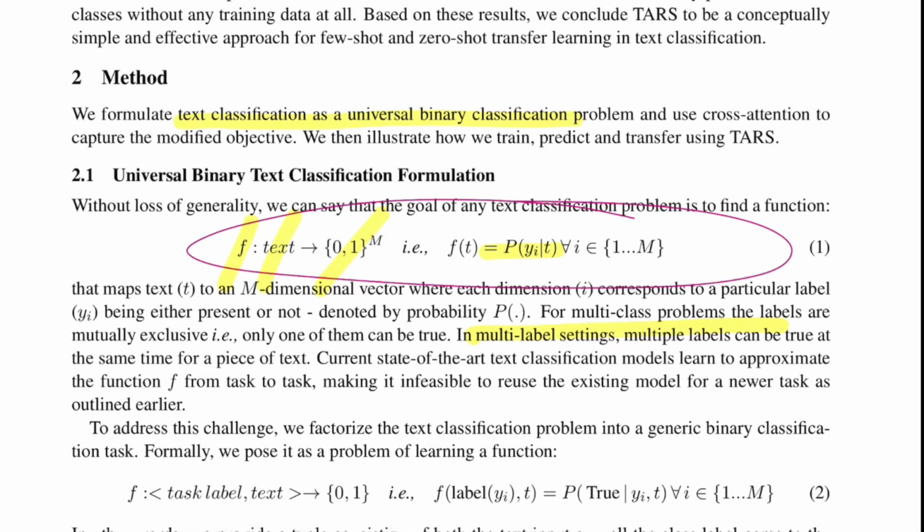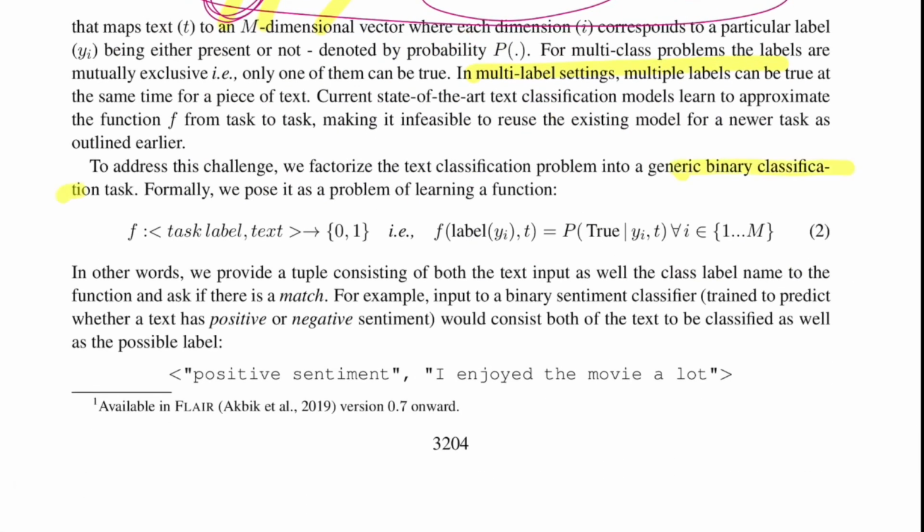in that hot vector. Now clearly this is infeasible if you want to reuse the same function for a newer task that might have more labels. So clearly the retraining will have to be done again to incorporate that m+1 cell as well. And for that to happen, you need to have data that corresponds to that newer cell. So all of these things are kind of limitations, to which they propose a generic binary text classification task, where